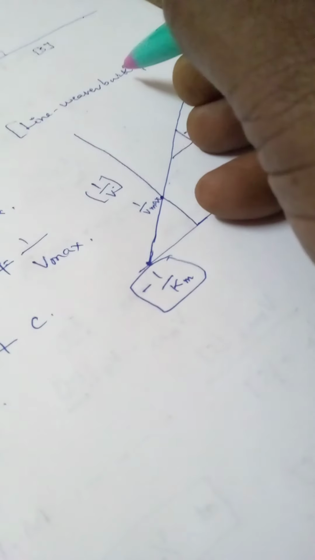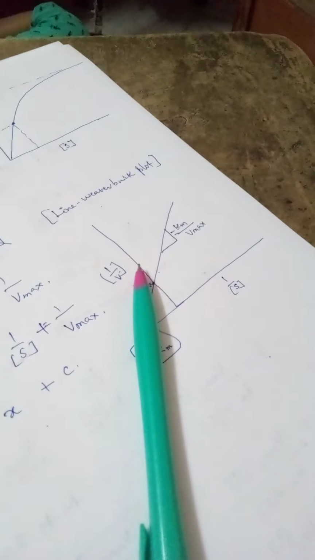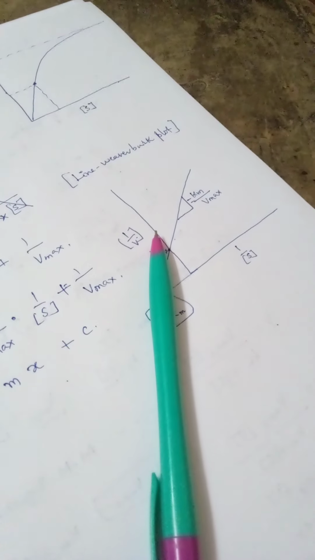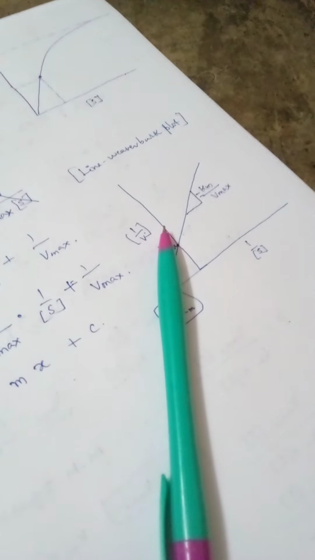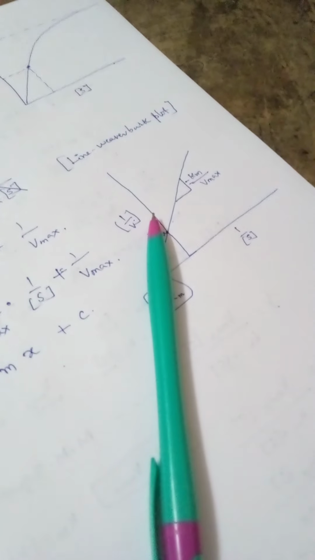And from this is how we are able to get the effect of substrate on the enzyme activity. So now these are the main important factors that influence the enzyme activity. Of course, one more factor is there, and that is nothing but the enzyme activators. We can say that the last factor is enzyme activators.